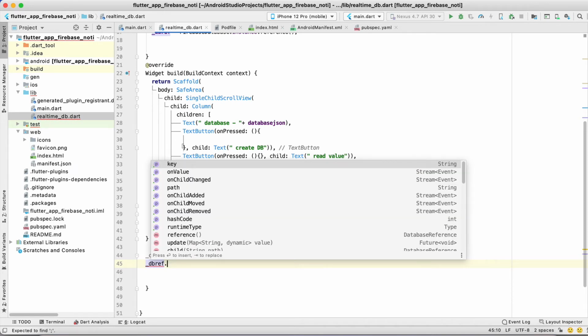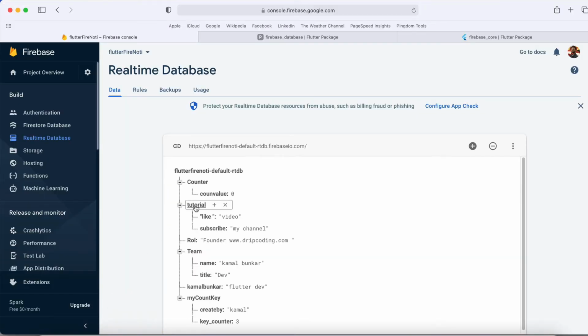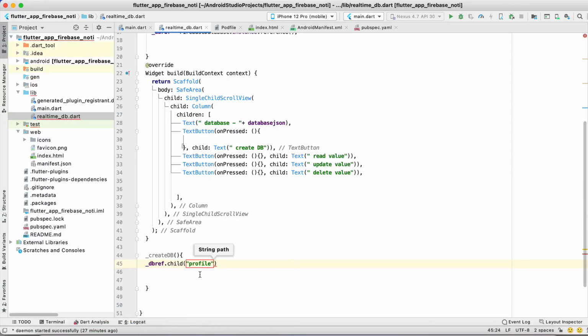Dot, I am going to create a child node, it can be profile, suppose. Okay, so my profile will be my main node. So this is the first node, like tutorial team. Okay, so like that I am creating a node profile. Okay, and in this profile